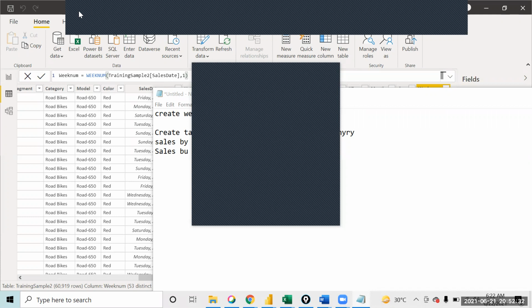Can anyone else see it? Create table for sales and profit. Till that I can remember. After that, I don't know what is the query. Okay, thanks. Which new column do we have to create? Weekday. Yeah. Okay.